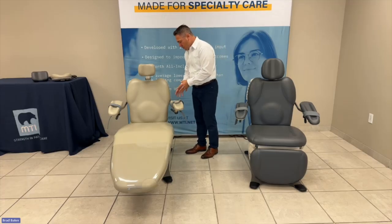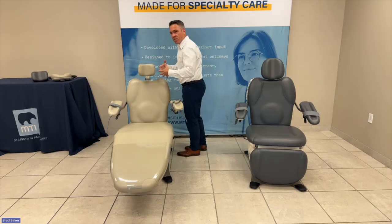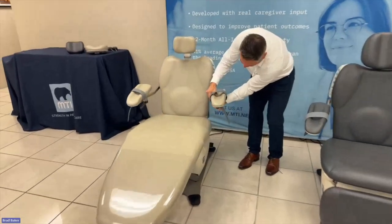Also, the other way they mount is back here at the back of the chair. They mount in this area or even come from this area here, which just prevents so much access to the patient. Our ComfortSync arms are out of the way,